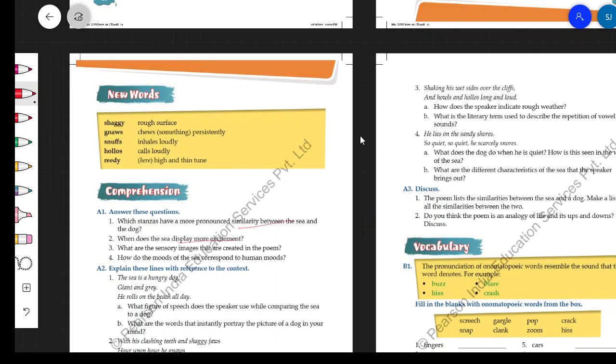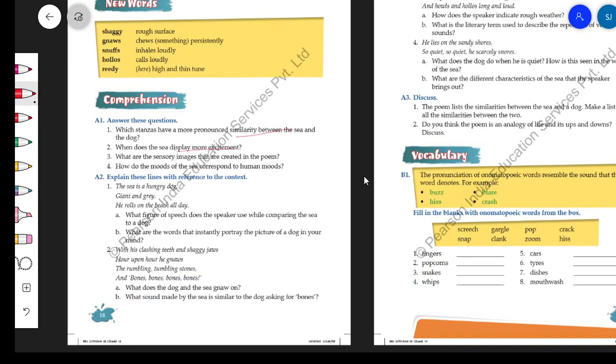Okay, now what are the sensory images that are created in the poem? देखो, I had told you about visual images used in this poem. विजुअल इमेजरी जो है वो खुद सेंसरी इमेजरी का एक पार्ट होता है. अब जस्ट इमेजरी मतलब हो गया कि इस तरह के डिस्क्रिप्शन को यूज करना जो कि हमारे सेंस परसेप्शन के थ्रू कैप्चर किया जाता है. ओके, सो दैट इज imagery, and it has like 5 types you can look at: